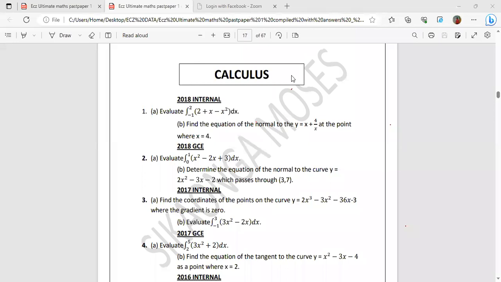We are going to say B. So for B, find the equation of the normal to y equals x plus 4 over x at the point where x is equal to 4. So this problem,